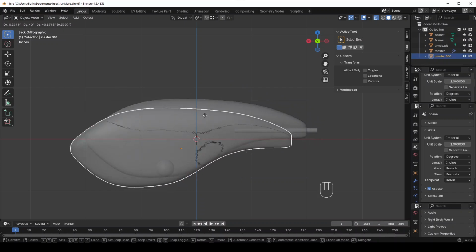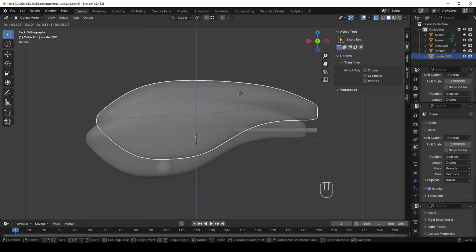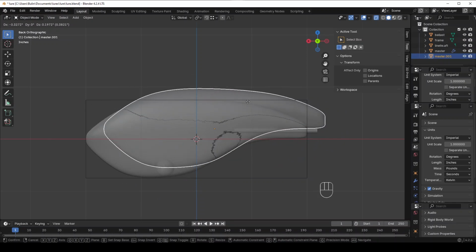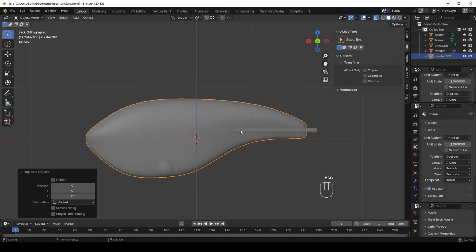When you hit Shift D, it automatically grabs it. It creates a duplicate, it grabs it, and then it lets you move it to where you want to move it to. But I don't want to move it anywhere. I want to keep it exactly where it was. So I'm going to hit Escape. So it is there. Over here where this little eyeball is, I'm going to hide our original master. And this guy,